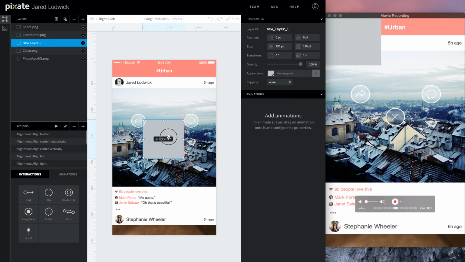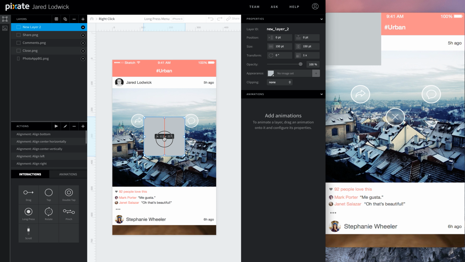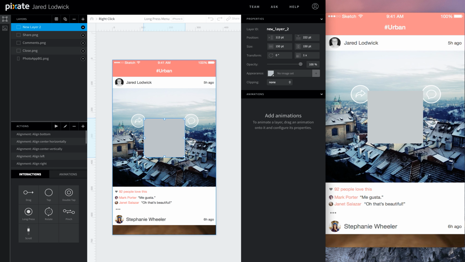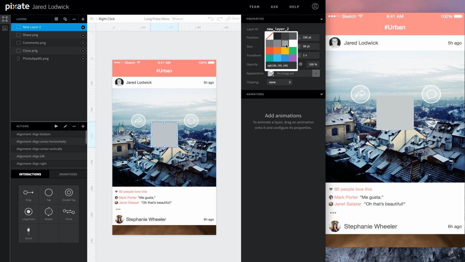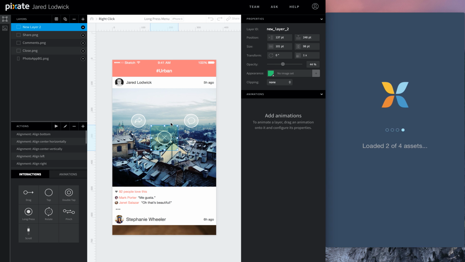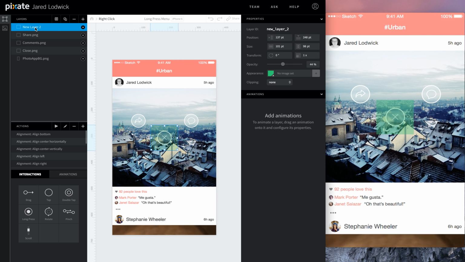Now currently you can't set animations based on taps to occur anywhere on the screen. So we're going to make a layer where we can tap. It's not quite as detailed as you might want it to be, but if you're just creating a prototype to show off and you have a scripted story, it's okay if you can just tap in one area. Whatever works to get the point across is what we're trying to do here. So I'm going to make this colored, just set a green, and lower the opacity so that it doesn't get in the way of anything. That way we can keep track of it, and at the very end we'll turn this down once we have everything working the way we want it to.